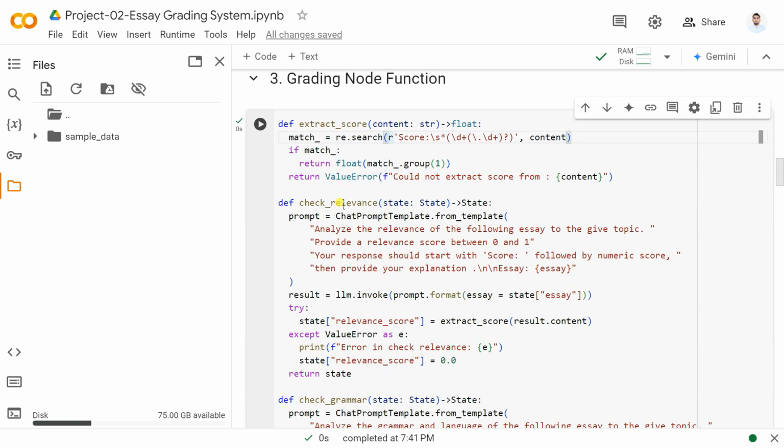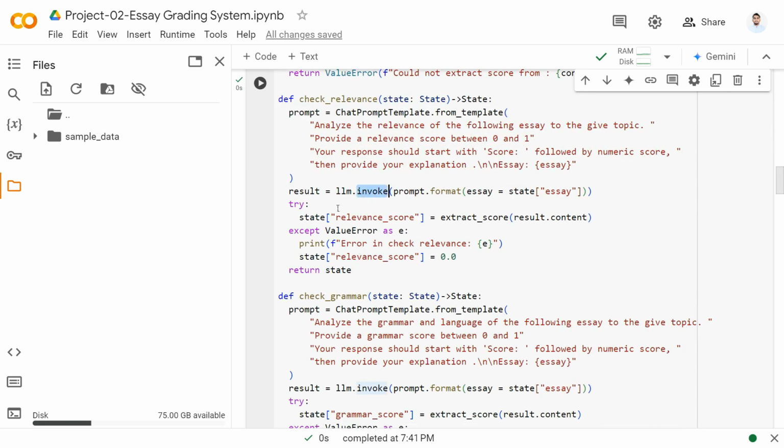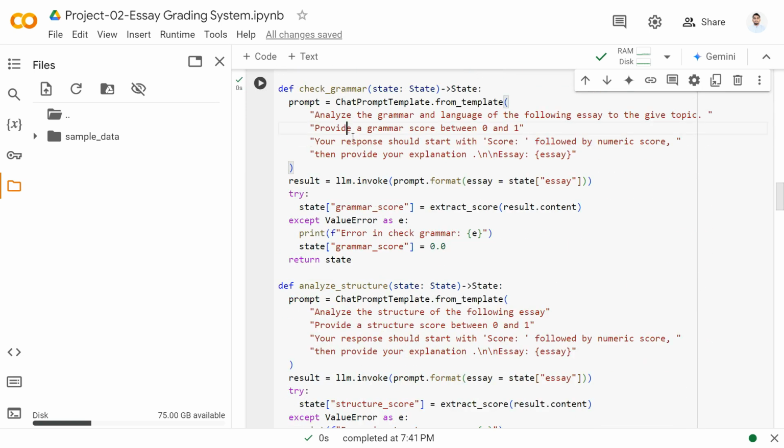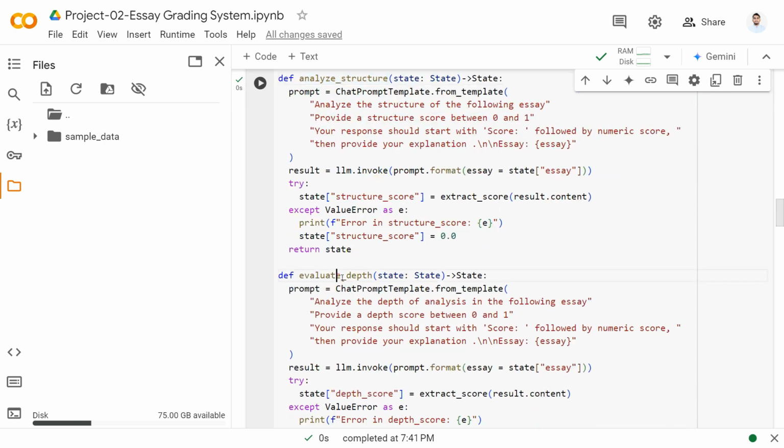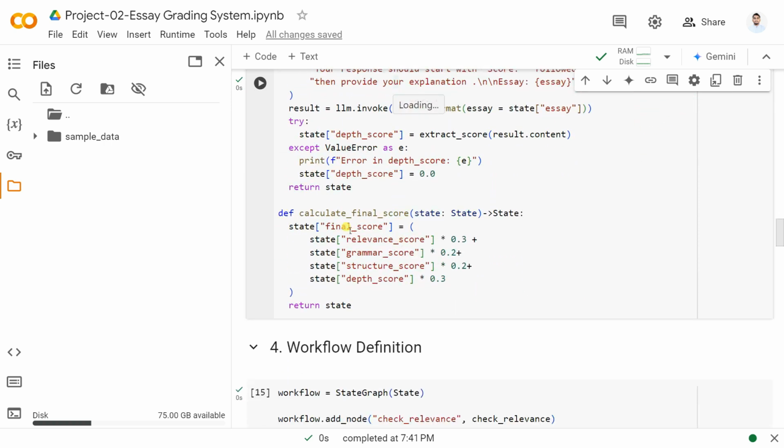जो यहाँ पर चेक रिलेवेंट फंक्शन है, वहाँ पर चेक करेगा कि टॉपिक रिलेवेंट है या नहीं। इसके बाद एक न्यूमेरिक स्कोर हमको देगा, तो उसको हमको एक्सट्रैक्ट करना पड़ेगा इस मेथड के जरिए, इसलिए हमने इन्वोक किया। इसके बाद ट्राई एंड एक्सेप्ट लगा दिया। तो सेम थिंग यहाँ पर ग्रामर के लिए भी है, स्ट्रक्चर के लिए भी है, इसके बाद डेप्थ के लिए भी है।